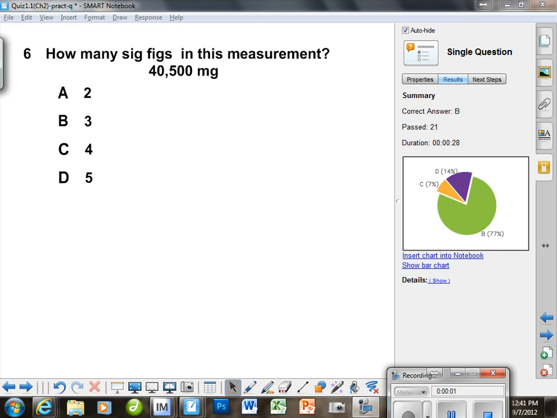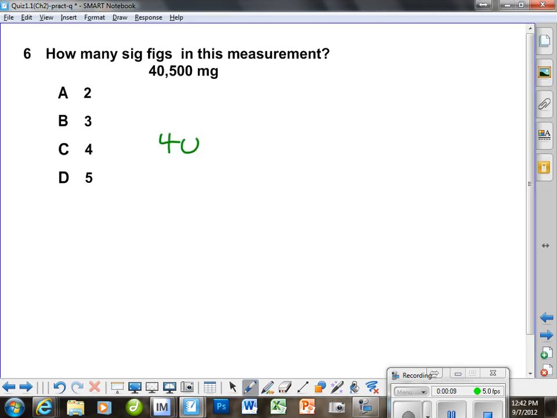Okay, the class just answered this question, and we had the correct answer, which is excellent. And let's look and see why that is. We have 40,500. Sorry, 40,500. All right. Now